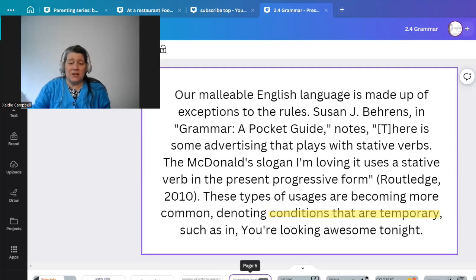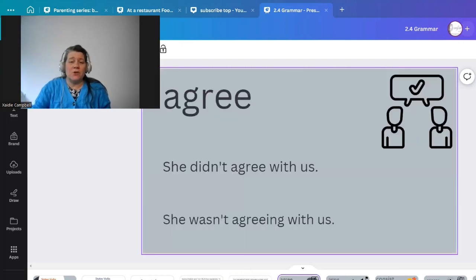So let's take a look first at the verb agree. Agree is generally a stative verb. We would say, she didn't agree with us. But,